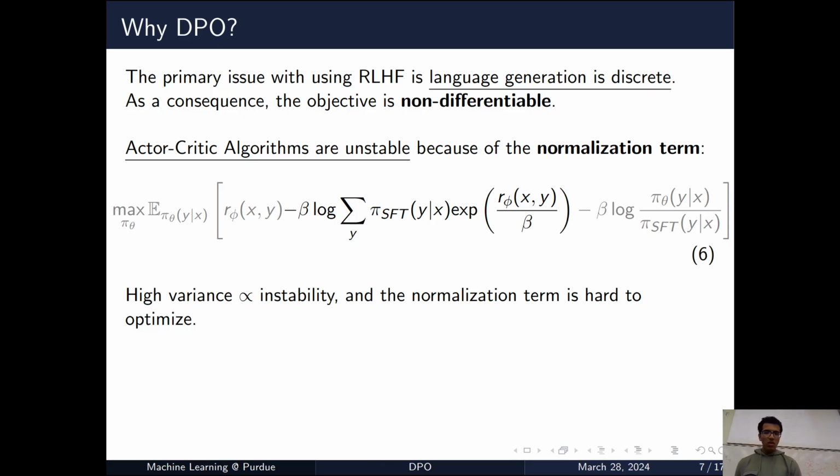A reward model minus the KL divergence. And then the KL divergence can be expanded into the sum over all y of pi SFT raised to the exponent of R sub phi, which is the reward, divided by beta, which is the normalization term. It can be broken into